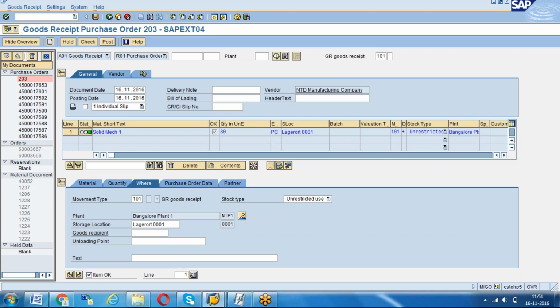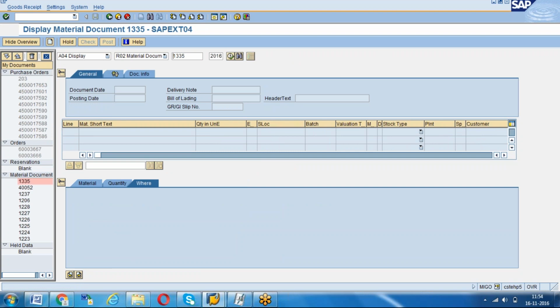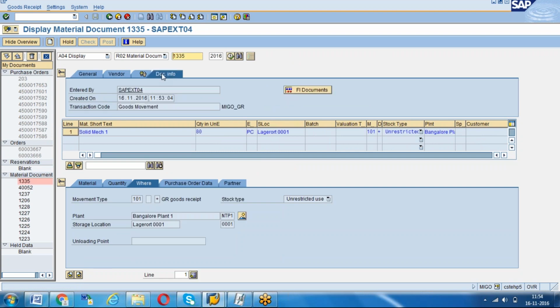Now we will see the accounting entries, then we will come to know why the system prompted the message for those GL accounts only. Whatever GL accounts are involved during this goods movement, the system prompted only those as not available for us. Now I'm going to the document info and then FI documents.